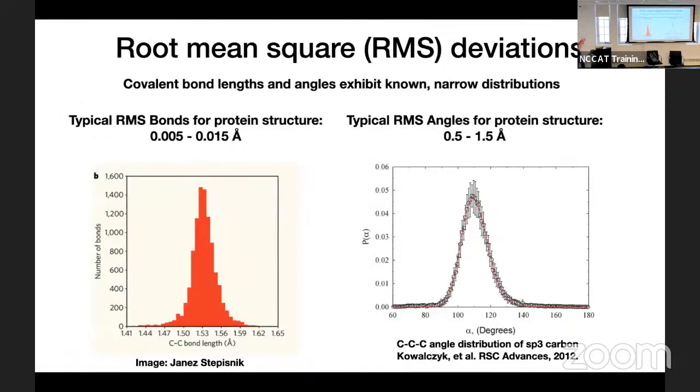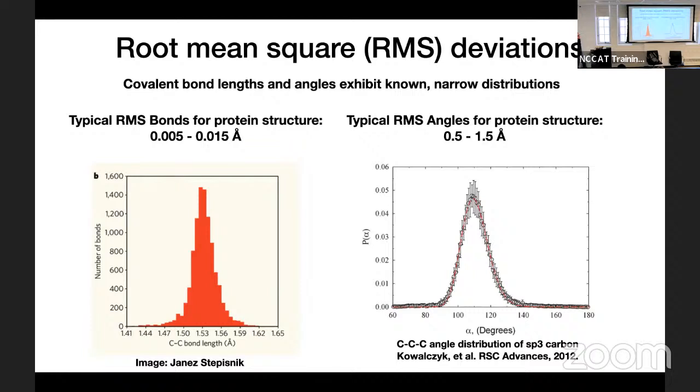So I said that we know what atomic bond lengths and bond angles should be. So we always look at these parameters. This is the root mean square deviation of our bond lengths and bond angles versus what's known from known high resolution protein structures. So we want to make sure that our model agrees well with this prior chemical knowledge. And so these are some typical ranges you might expect your RMS bonds and angles to be in your refined protein structure. If they're much outside of this range, it could indicate a problem either in the building itself or